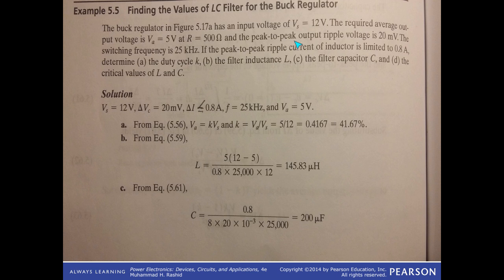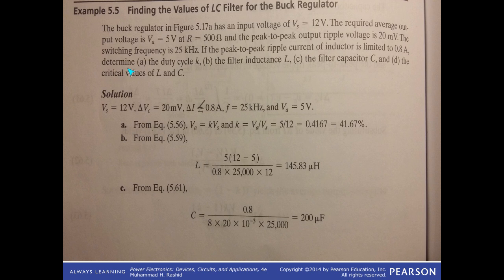And peak-to-peak output ripple voltage is 20 millivolt. You are allowed a maximum ripple voltage of 20 millivolt. The switching frequency is 25 kilohertz. Switching frequency is given. If the peak-to-peak ripple current of the inductor is limited to 0.8 A,